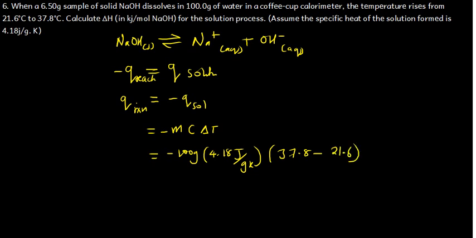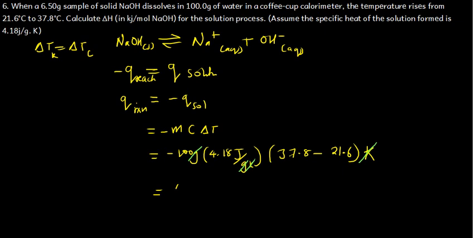Of course, these values are given in degrees Celsius, but this value which is here, the temperature, is in Kelvin. All we need to get is that when you subtract two temperatures in Kelvin, the change in temperature is going to be the same as the change in temperature when you are using degrees. So it's the same. If you convert this to Kelvin, and then subtract them, you are going to find the same answer as if you go direct. So I'll just put a Kelvin here for the sake of cancellation of units, so we see what remains. Gram cancels gram, and Kelvin also cancels out. And so this is going to give us